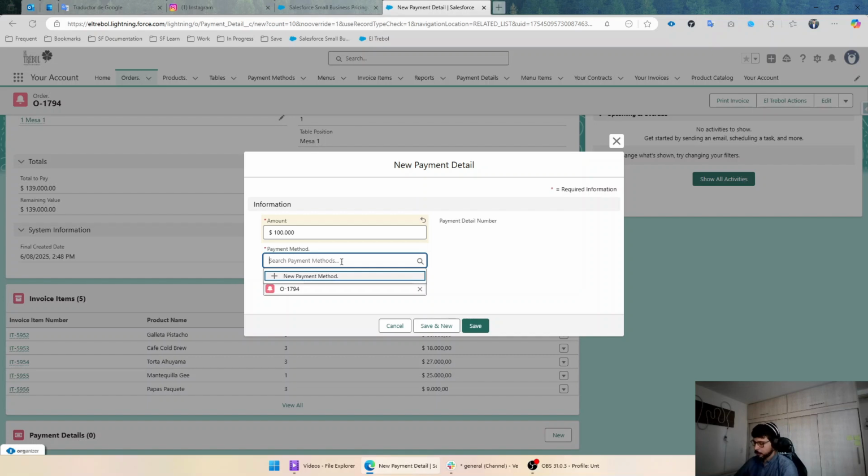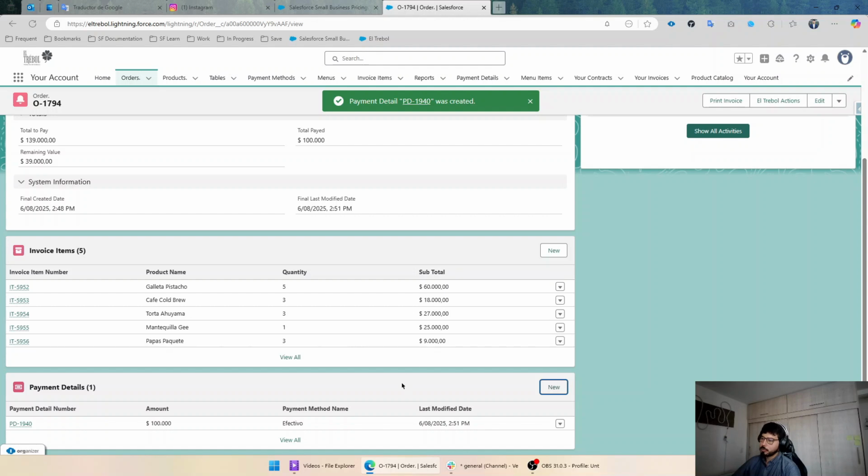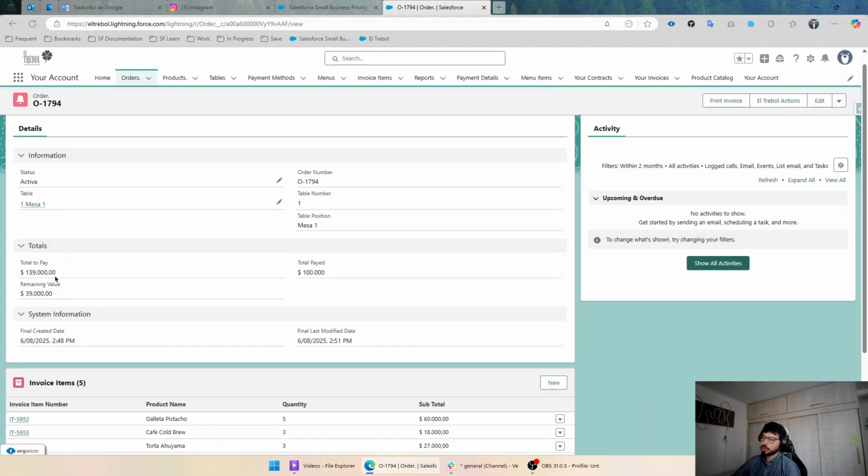So we select here a payment method of cash. In this case, in Spanish, it would be efectivo, which would be the same as cash in English, and we click on save. So basically, we have paid 100,000 for this order, so we have a remaining value of 39,000,